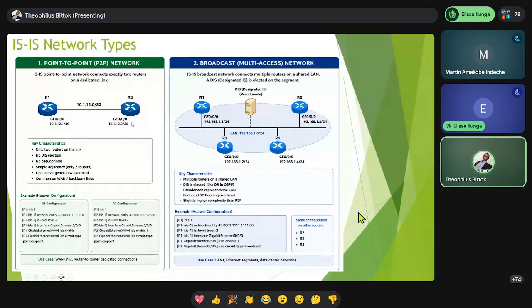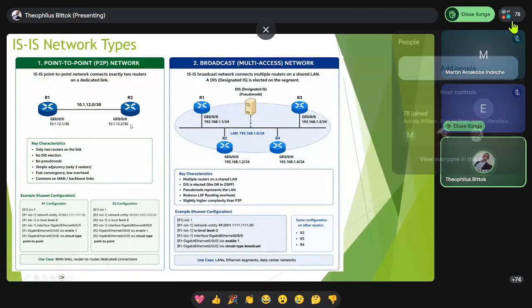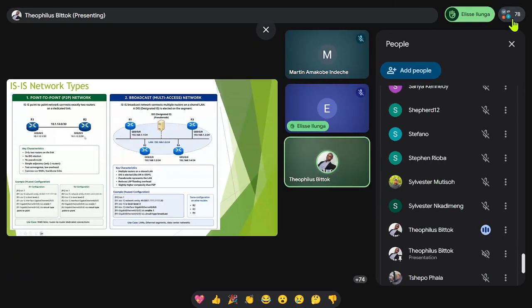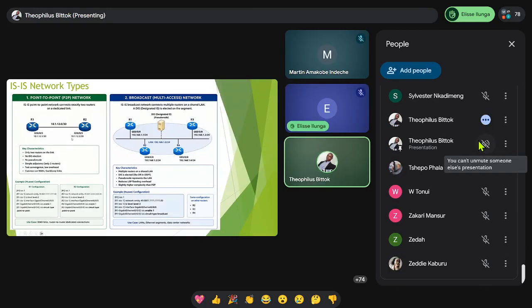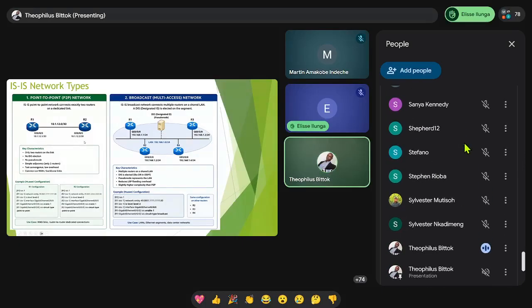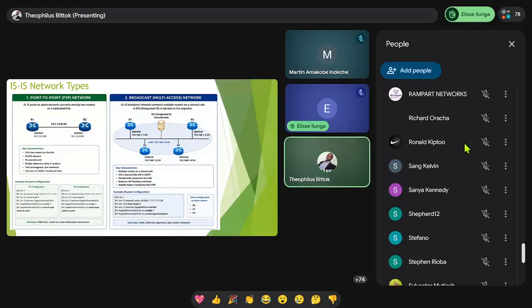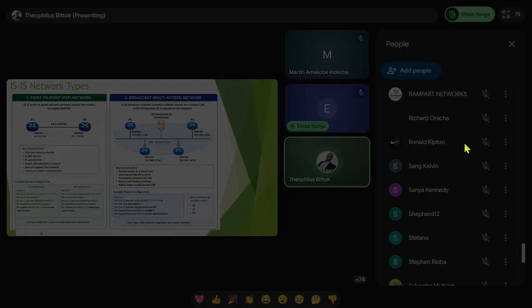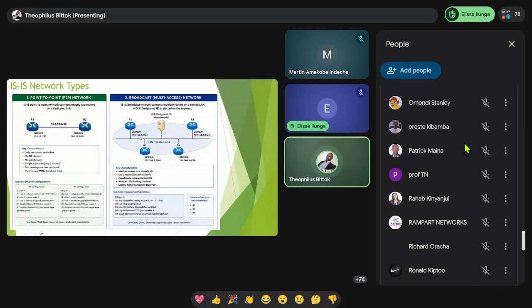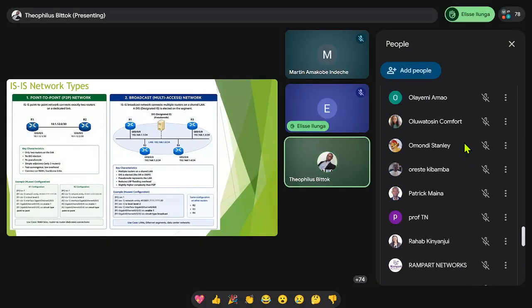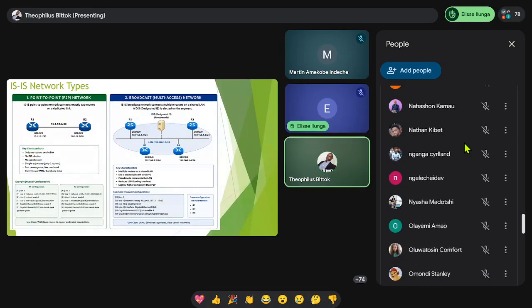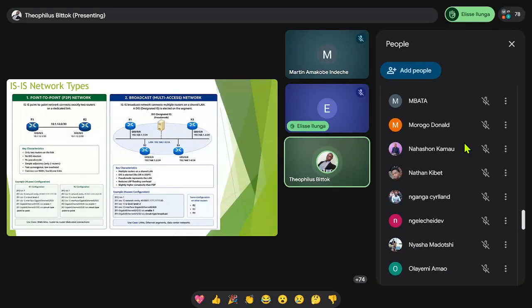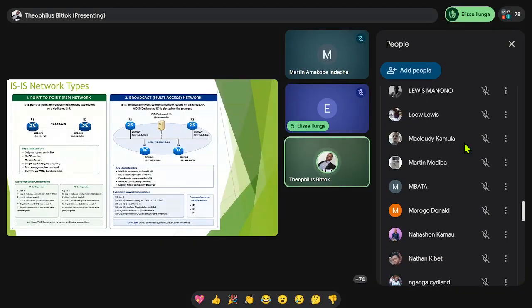Let's say you have a link that is not forming the adjacency in your network. Maybe you've configured different network types between the two links. And for broadcast, the routers in a broadcast network always send LSPs to each other on a broadcast multicast MAC address.